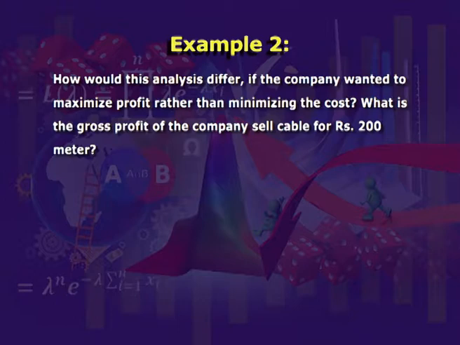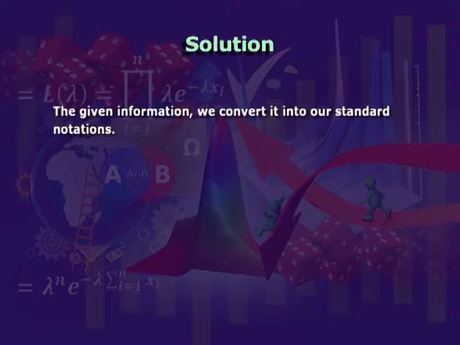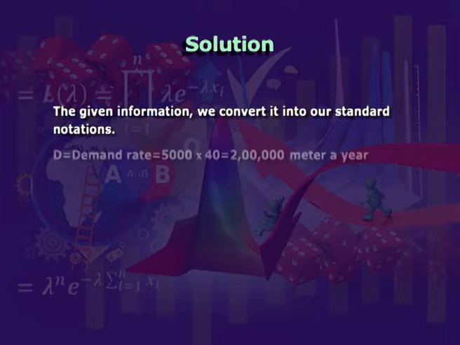What is the gross profit of a company that sells cable for rupees 200 per meter? Let us see the solution. The given information, we convert it into our standard notation. We have capital D, which is the demand rate, given by 5000 multiplied by 40, equal to